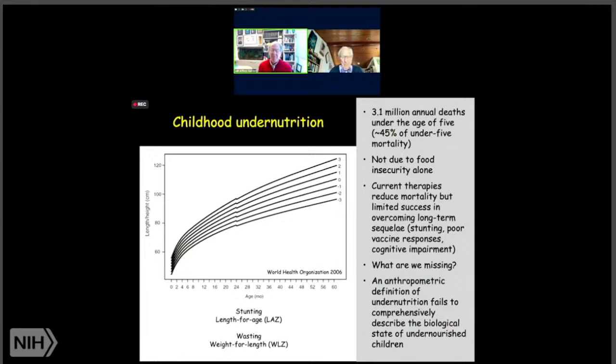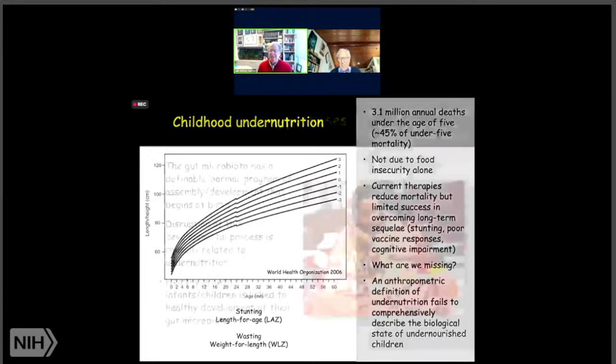Wasting, or impaired ponderal growth, is a deviation from normal of weight for length or height, a WLZ score. Moderate wasting, 2 to 3 standard deviations below. Severe wasting, a WLZ score that's more than 3 standard deviations away from normal. But of course, who would define diseases like cancer or cardiovascular impairment as moderate or severe? We need a much more comprehensive definition of this state of impaired growth. And you'll see why this is particularly important when it comes to connecting the microbiome to disease pathogenesis.